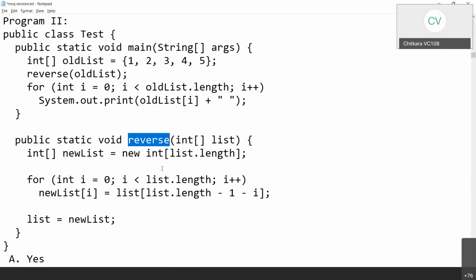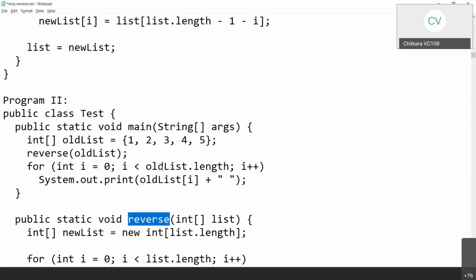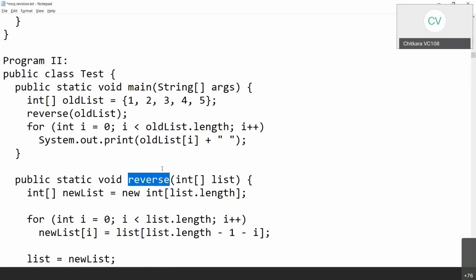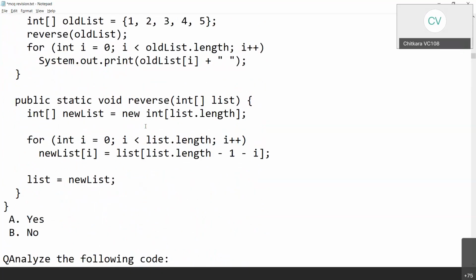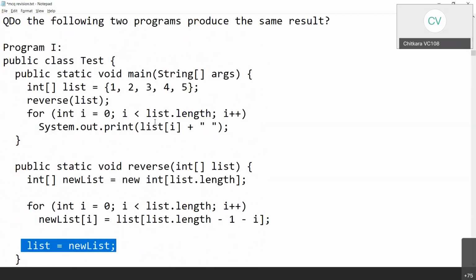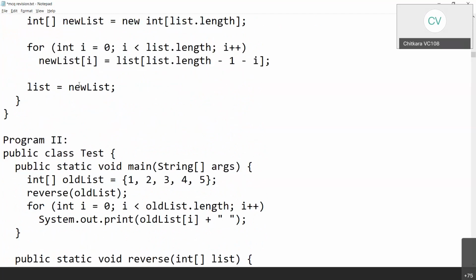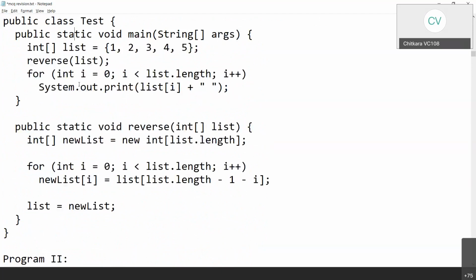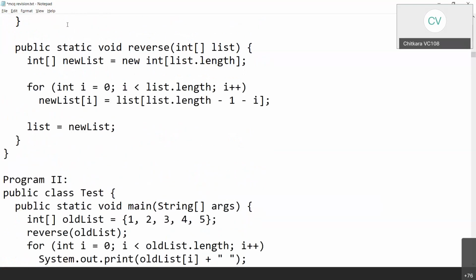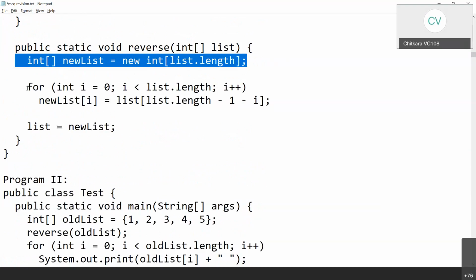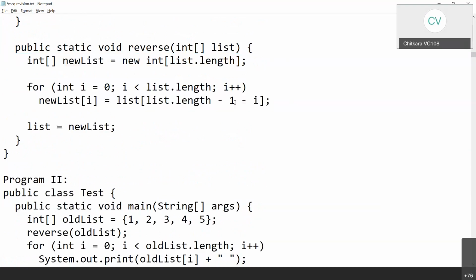And then I is equal, what's the difference between these two? Let me just check it. New list is list. New list is list. Here we have new. Here we have list. Just one moment, let me figure out what is the difference actually. Allocate a new length and length minus 1 minus I.